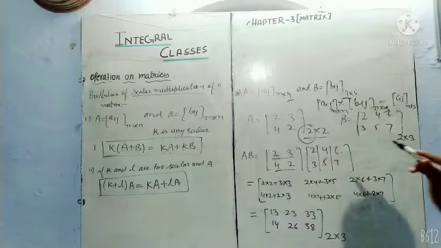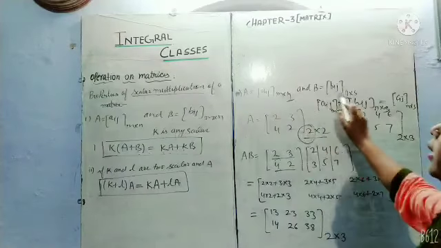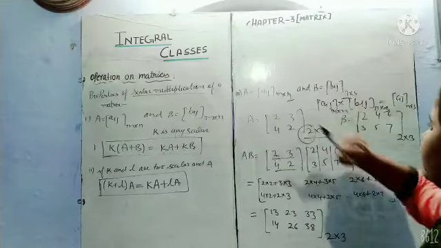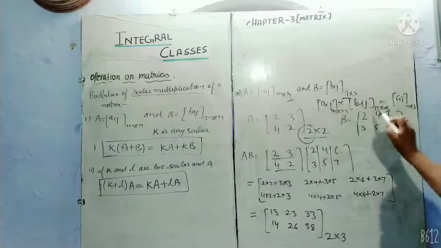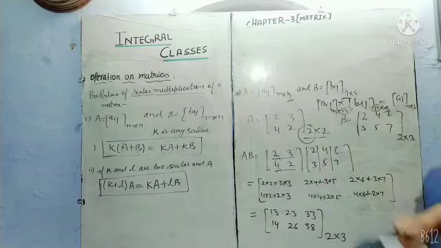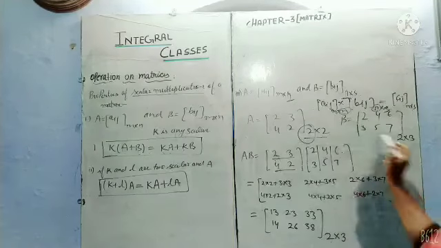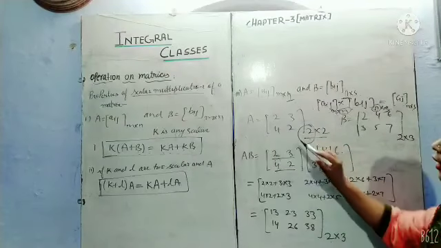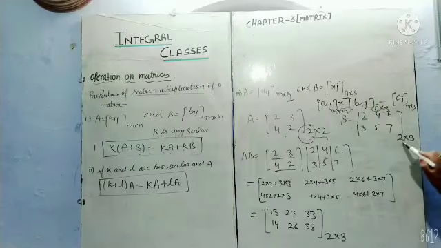Yes student, I repeat it again. Multiplication of two matrices: if we are given two matrices A and B, A has order M cross N and B has order N cross S, then the result has order M cross S, because N is common here, so they cross each other. Now I will explain by example. I have considered a matrix A of order 2 cross 2 and a matrix B of order 2 cross 3.